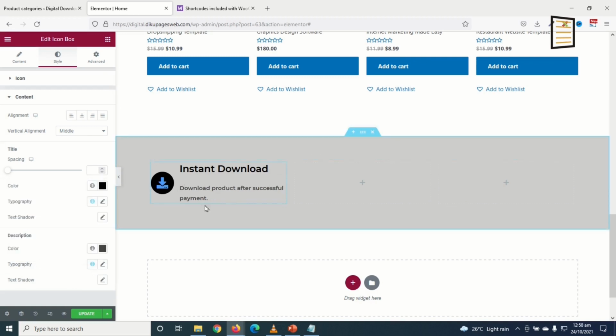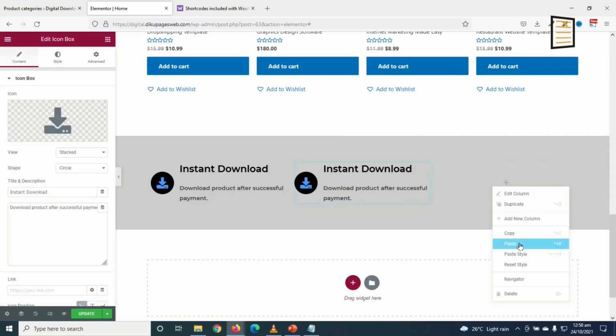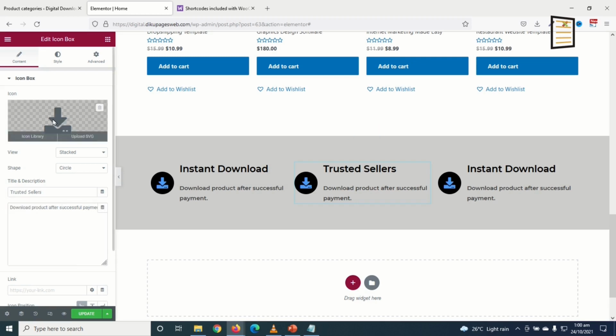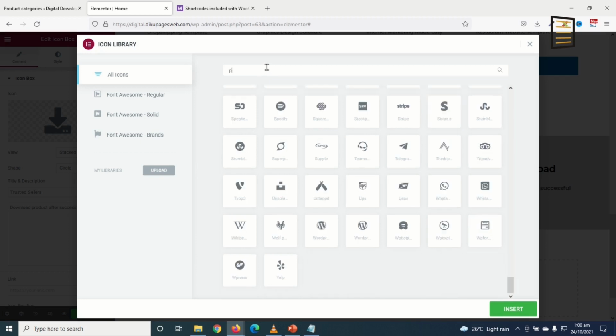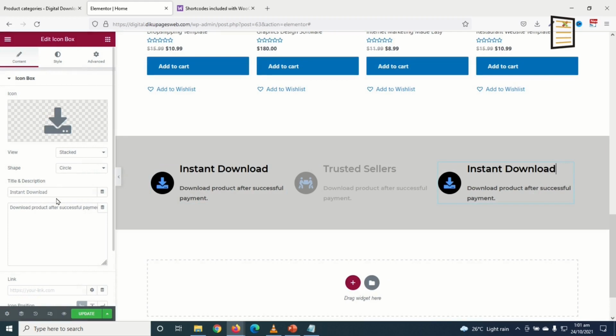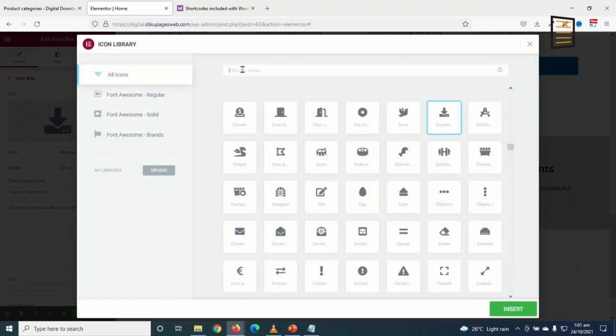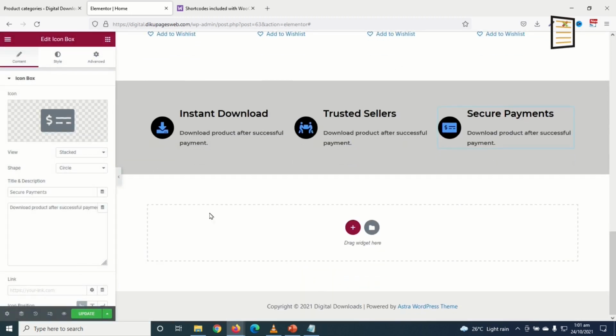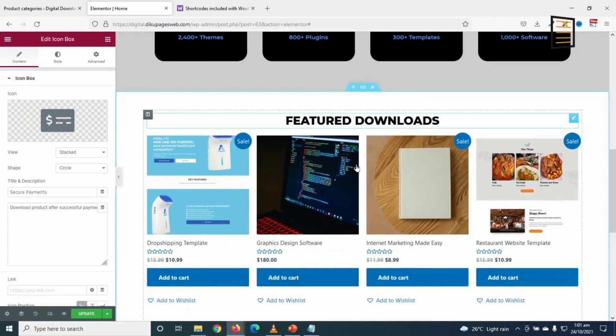So I can just go ahead and duplicate it, right click, copy, right click in here, paste, right click, paste. So in here, assuming I have other sellers, I can go ahead and say trusted sellers, something like that. And you can also change the text in here. I'll change the icon, ragged people, maybe this. And then the last one, I'll change it to, now change the icon, maybe money. Perfect. Finally, I'll insert the last section in here concerning products.